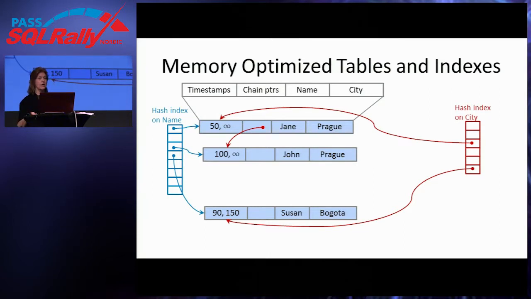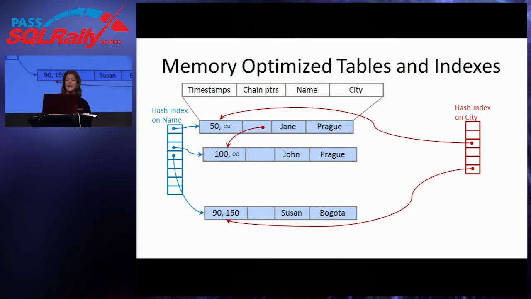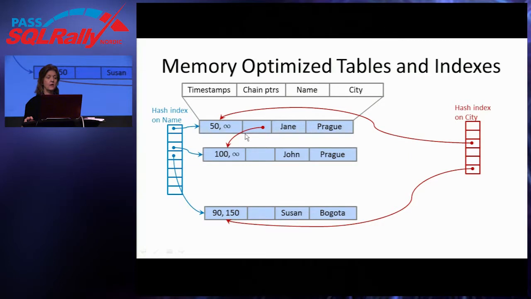The second hash index on the right is on city, and I do have some duplication there. So the hash table points to the row for Prague, the first row for Prague, and then you can see the pointer here with the Jane in Prague points to the row for John in Prague. And all the Prague rows would be linked together. One pointer from the hash table, and then all the Prague rows linked together. That's one way SQL Server could get all the rows in this table. And then another city is Bogota, and there are no duplicates there. So it's the hash pointer from the hash bucket points to the single row.